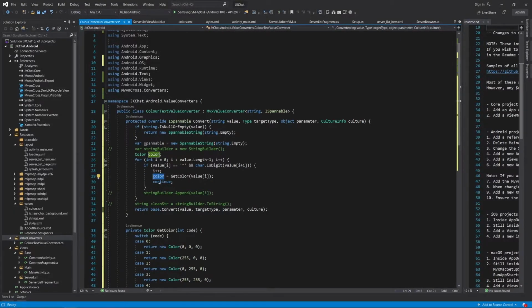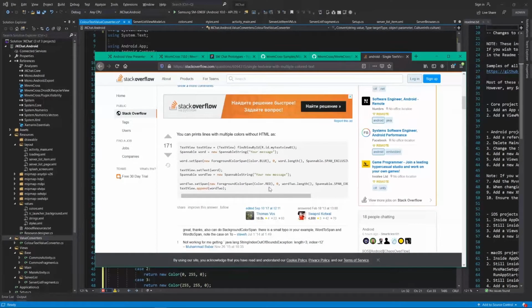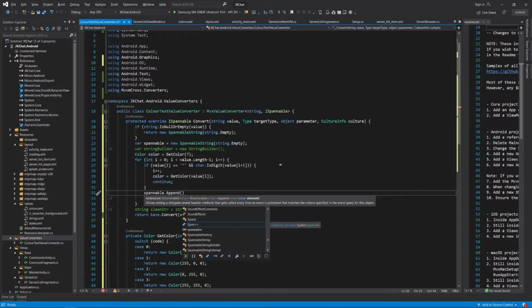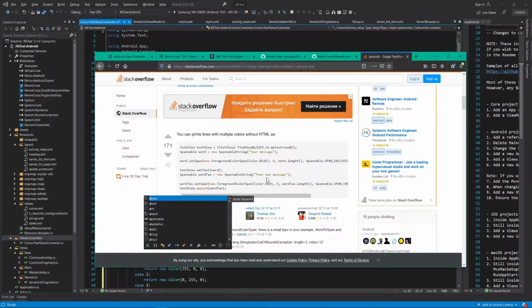Color get color, and yeah, get color 7. And spannable append value i